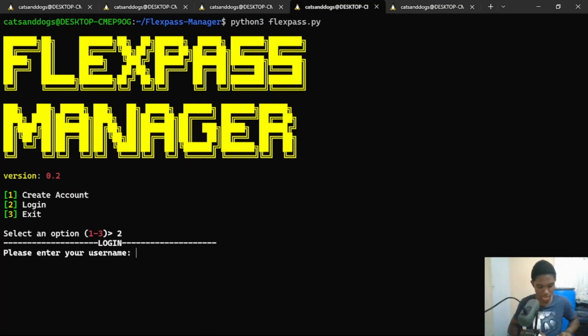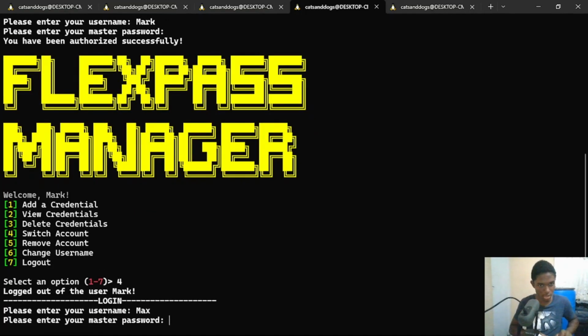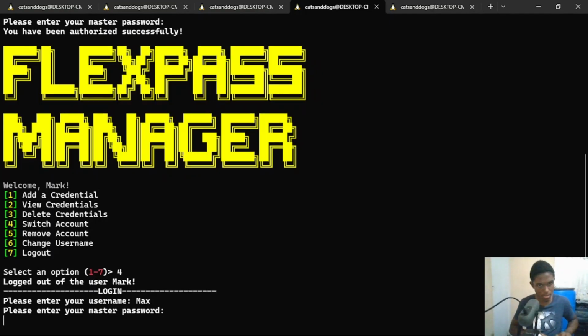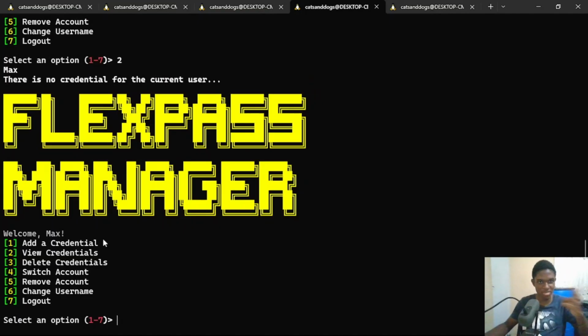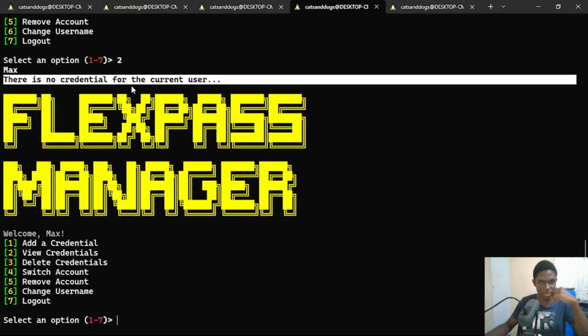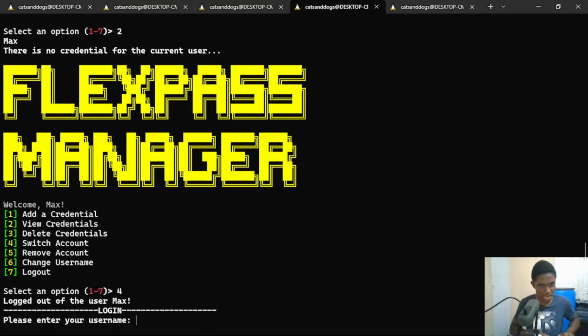So we can log in as the user Mark, password is F. Can try to switch the account to Mux1234, and then if we try to view credential now, you can see it says there is no credential for the user. Alright, cool. Now if we try to switch the account back to Mark,